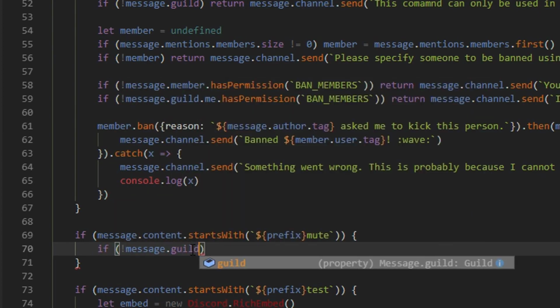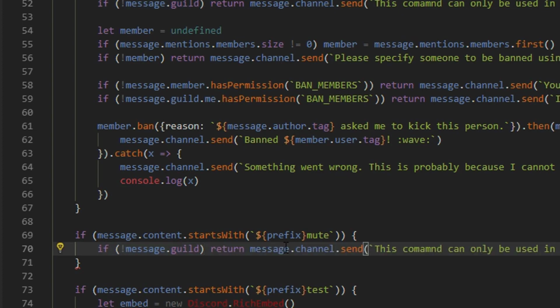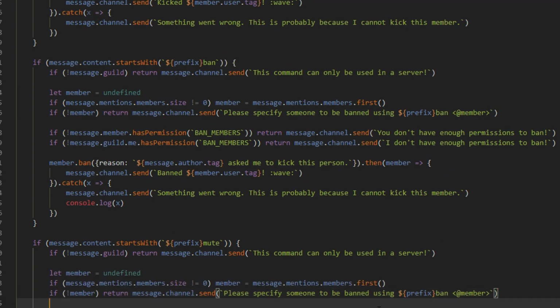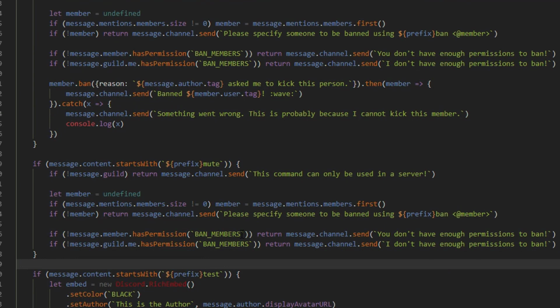So if there isn't actually a guild, then let's just copy this actually. Obviously this command can only be used in a server. I just realized I spelled command wrong for all of them. And we're gonna call for member the same way as the other ones. And we're gonna just copy this as well, but this time we're gonna change it to